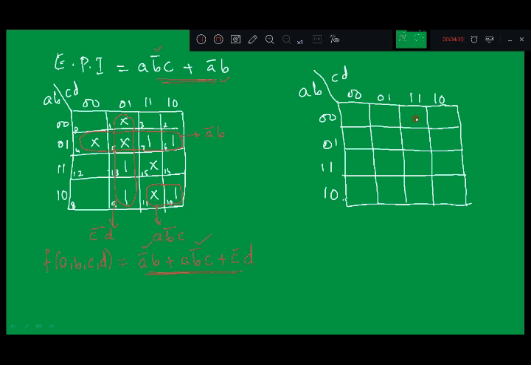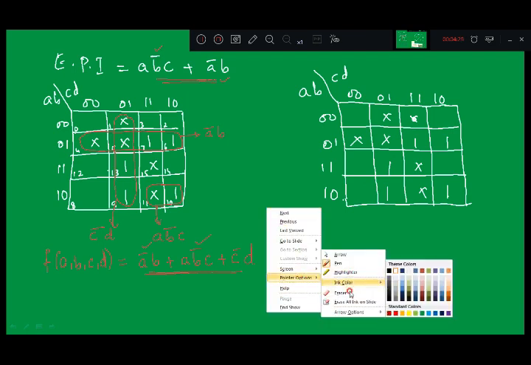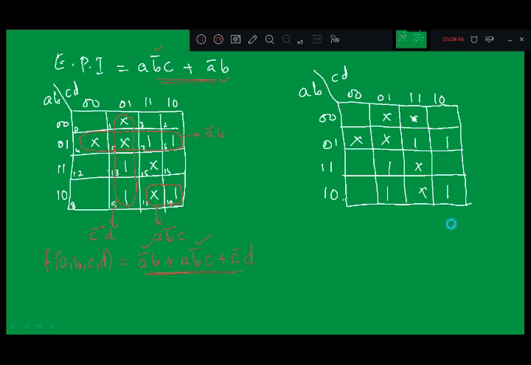Put those min terms. No need to number the cells, you have already done that. Don't care comes here. Don't care, 1, 1, 1, 1, don't care, 1, right? So one more way of grouping is possible here. Just identify. Let me change the ink color. See, there is no don't care here. Leave this part. Just identify.